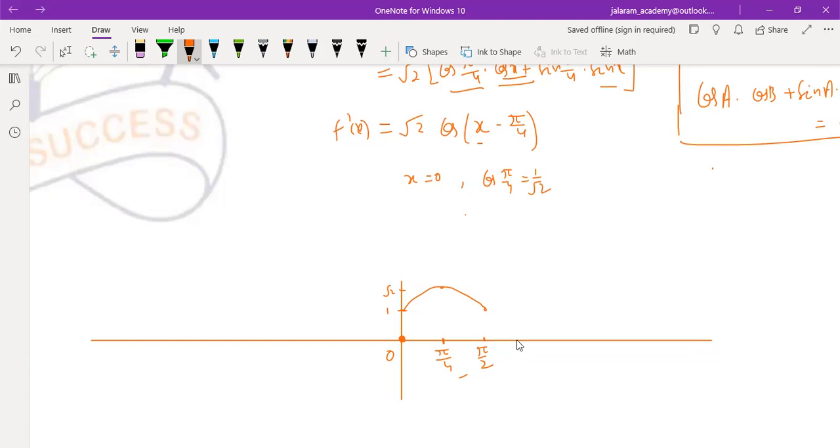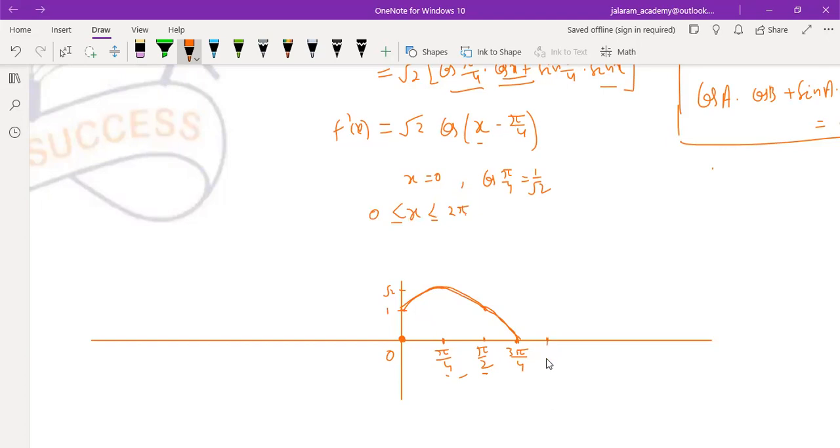And the next point is 3 pi by 4. We are taking the table of pi by 4. Multiples of pi by 4: ones are pi by 4, twos are pi by 2, threes are 3 pi by 4. So what will be the value at 3 pi by 4? 0. 3 pi by 4 minus pi by 4 is 2 pi by 4, that is pi by 2, and the value of cos pi by 2 is 0. Is that clear to you? And what is the interval given to us? 0 to 2 pi.